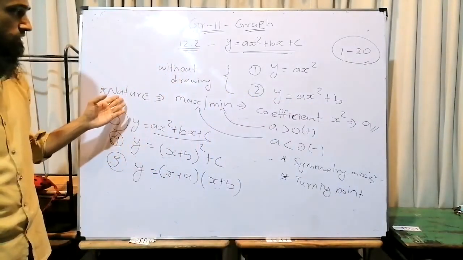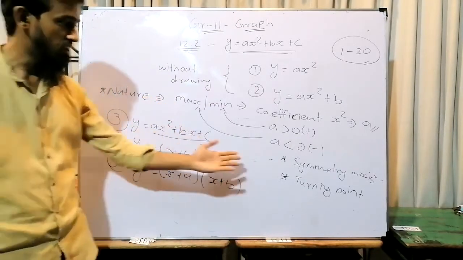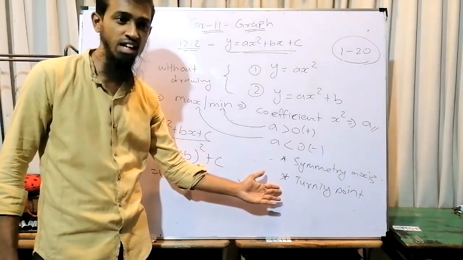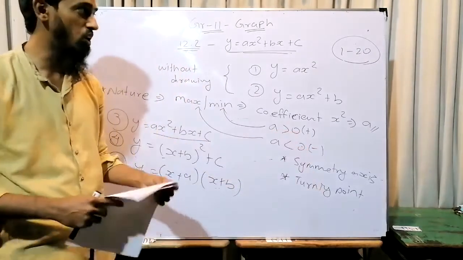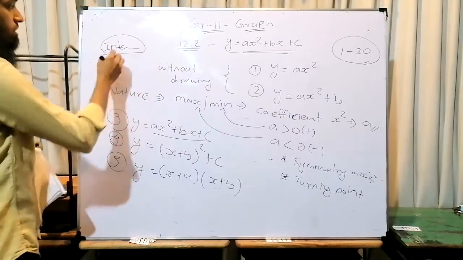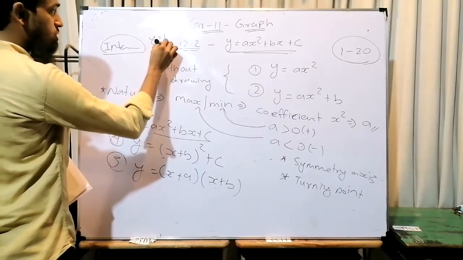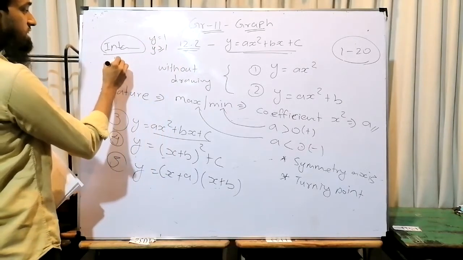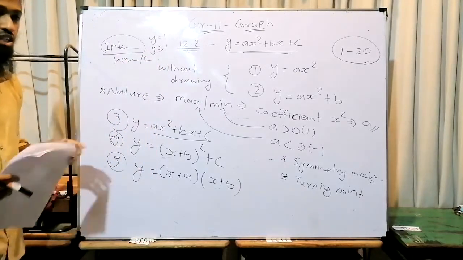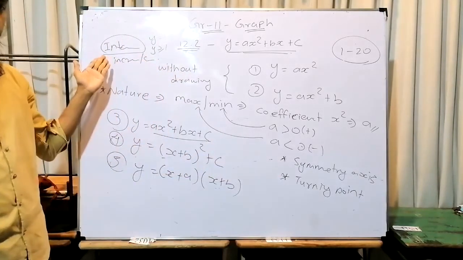What is the nature? What is the function, minimum or maximum? First question. Second question, equation of axis of symmetry. Third question, turning point. Fourth question, we know interval values, the interval values of x when y is given, y equal 1 or y greater than or equal 1, like this, or increasing, decreasing. We studied that, increasing, decreasing, in grade 10. So these are some questions, 1, 2, 3, fourth one.